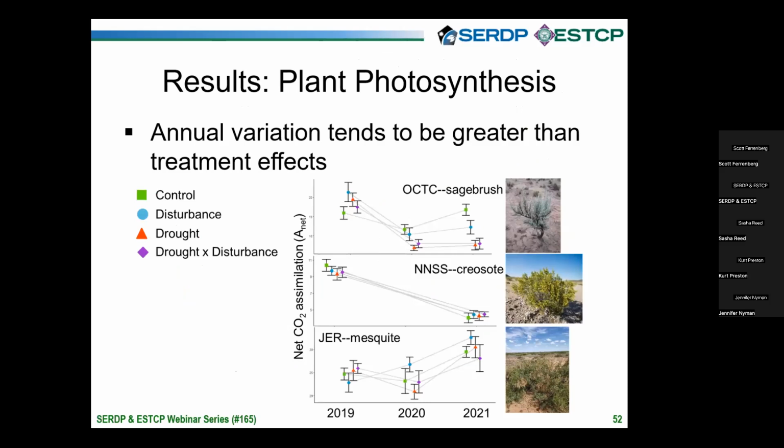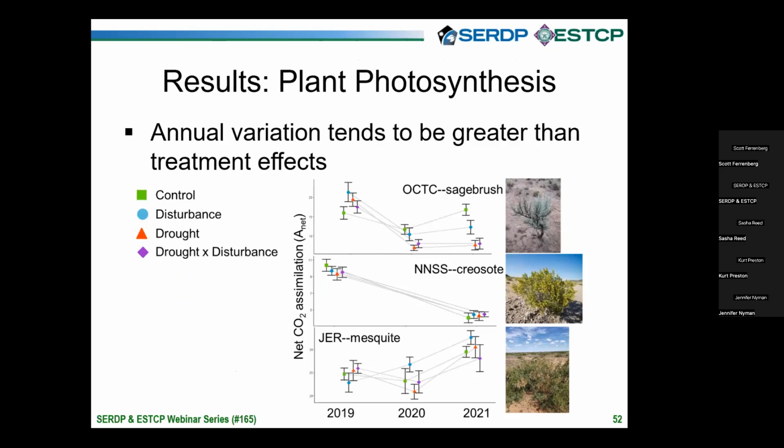The first set of results I'm going to show you are a simple metric of photosynthetic capacity of these plants. So what we're seeing on these graph panels is net carbon dioxide assimilated by these shrubs inside a chamber where we have controlled the atmospheric conditions to standardize it for all plants, which allows us to compare among plants, across years, and across sites. The different colored symbols and shapes are our treatments, and the different panels represent our locations.